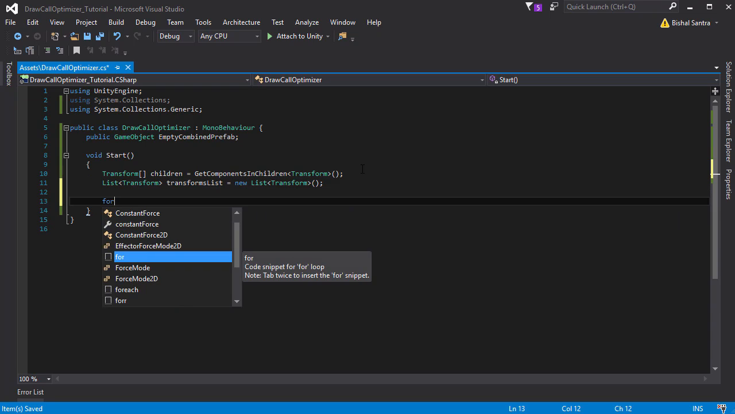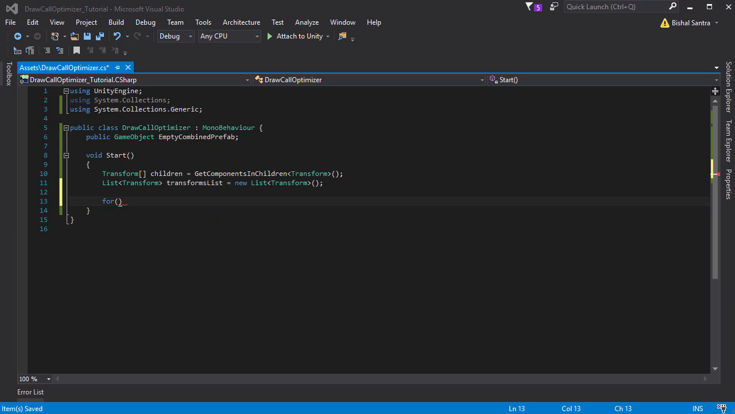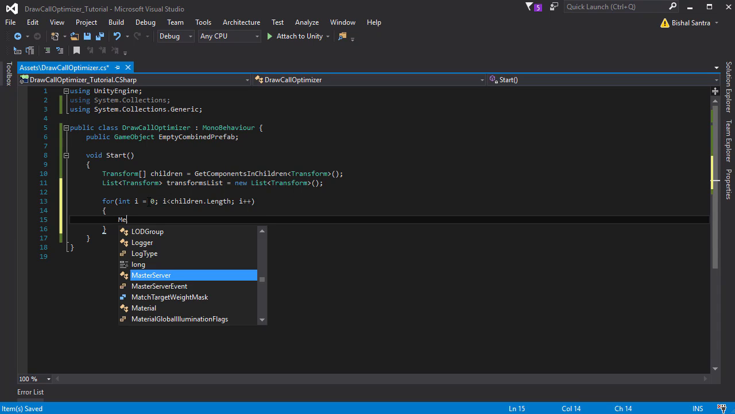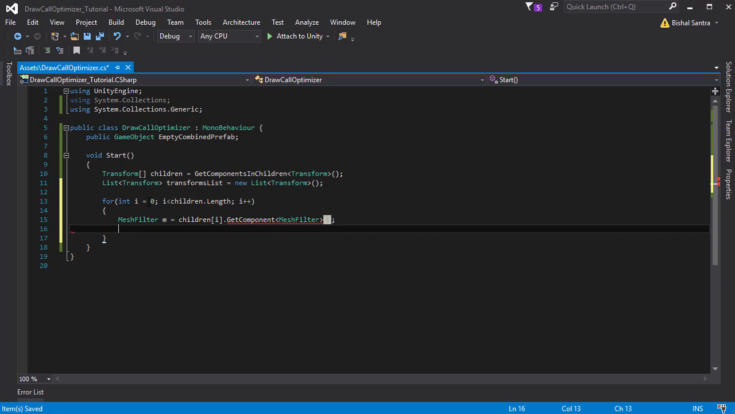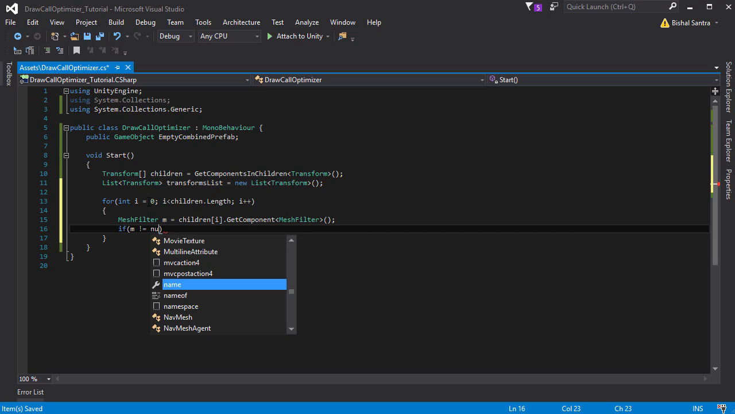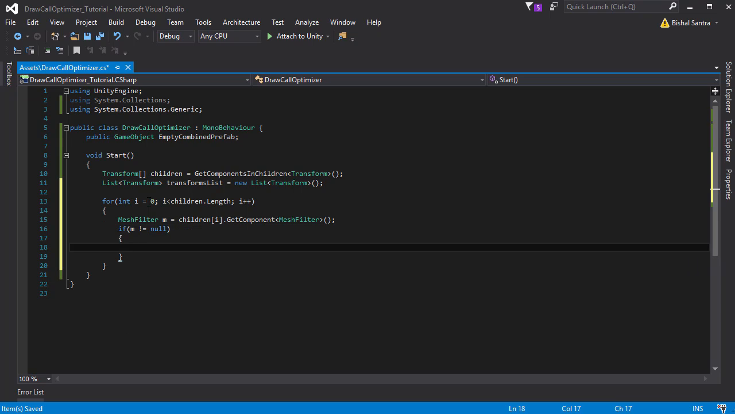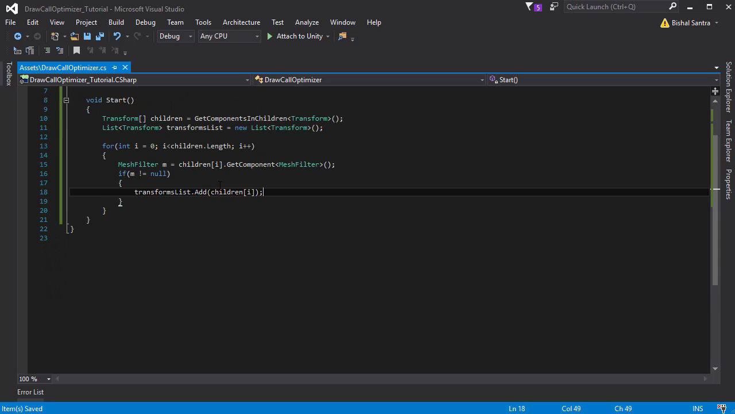And now we'll go through the children one by one and check if each has a mesh filter component. So say int i equal to 0, i plus plus, and then we say MeshFilter mf equal to children[i].gameObject, or directly you can say GetComponent MeshFilter. Now we check if it is null. If it is not equal to null, then we add this transform to our new transforms list, dot Add children[i]. And once that is done,